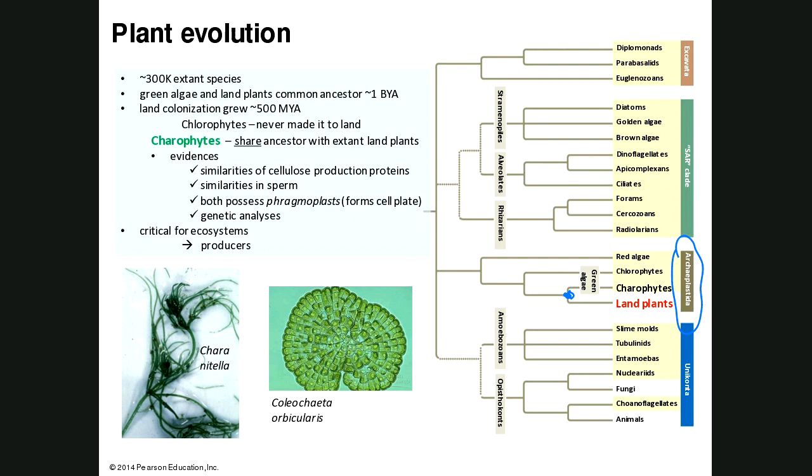But if you think about what that's saying, a similarity of cellulose production proteins means a similarity in the primary level of protein structure. Now, if you remember back from Bio 1, the primary level of protein structure is the amino acids, the order of the amino acids. And remember, proteins are all about shape. So if you don't have the right amino acids in the right place, holy cow, with sickle cell anemia, which has nothing to do with plants, it's just one amino acid that's wrong, and you end up with sickle cell anemia. So if you don't have the right amino acids in the right place, you don't get the protein folding the right way potentially. And that means you affect the function of the protein. You put all those connections together.